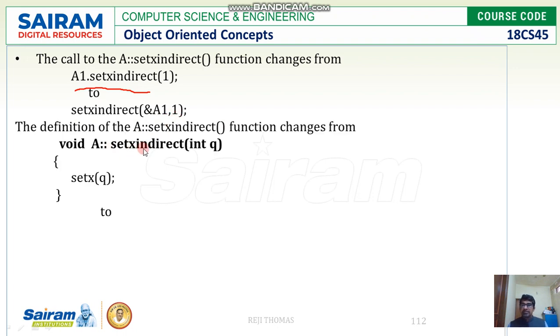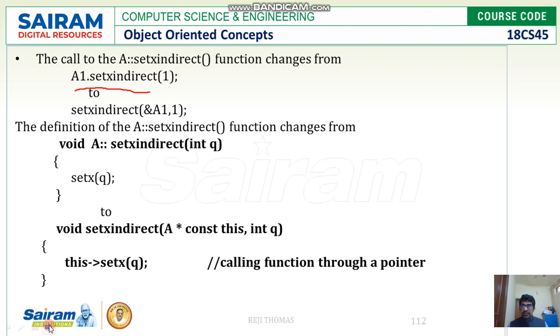So what happens to the function set indirect in q? This is the function definition which we have written inside the class. So what happened to this? It is going to add a pointer as the first parameter, a leading formal argument, and the parameter which was already there is going to remain as it is. So what we have done, or your system or the compiler is going to add a leading formal argument, which is nothing but the pointer, or we call it the this pointer. And what happened to this set q? Set q will be converted into this format.